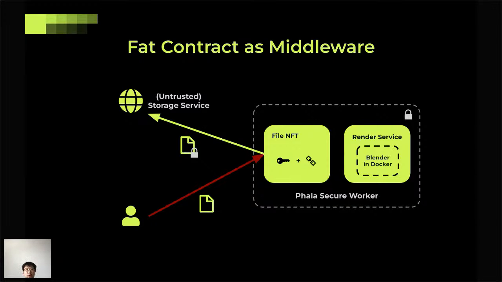And to do this, I will say first we will use our contract to turn the existing storage service into a trusted one. That means when they upload some model files, these models can be very valuable because anyone can use the model to reproduce your NFT image. So the first thing we do is generate a key in our contract, and this key will never leave the secure workers. And we use this to encrypt the model files for them, and then we can upload these encrypted files to the storage service. So your data is safe.